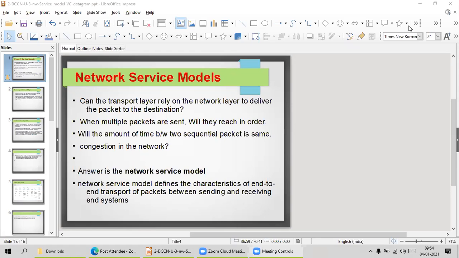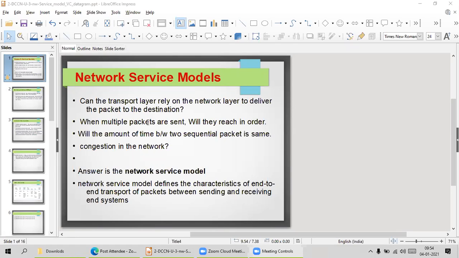Okay, how is this congestion evaluated and how is it minimized in your network with the help of network service models? So we are going to look at some of the best network service models. In these models, there may be a chance of having less amount of